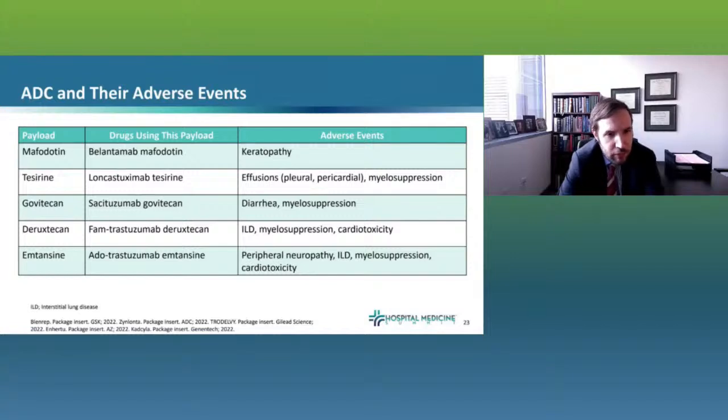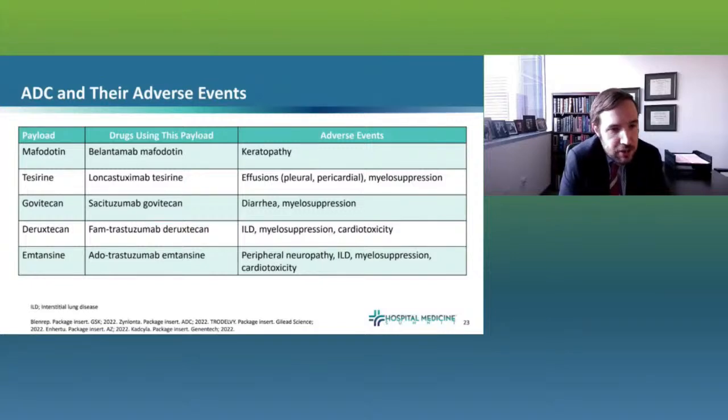And then another one we want to highlight, and we're going to talk about more later, is the second from the bottom, trastuzumab deruxtecan, aka Enhertu. That's what we give in the HER2 positive breast cancer setting, as I mentioned earlier. We're seeing it in upper GI malignancies that express HER2, such as esophageal and gastric cancer. And there is a black box warning with that drug that you can develop interstitial lung disease or pneumonitis,